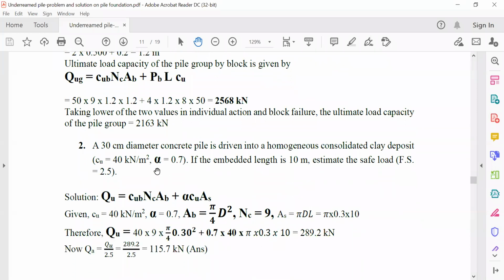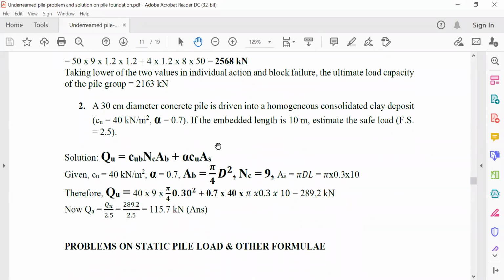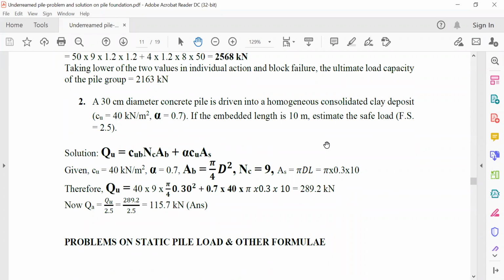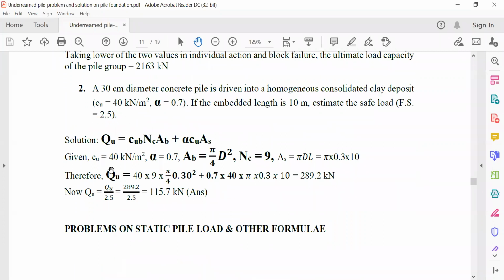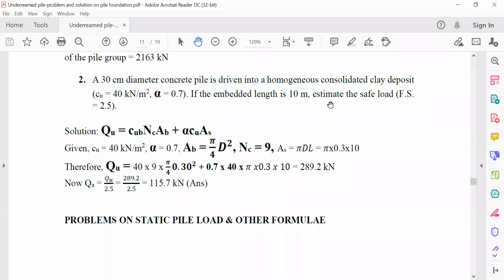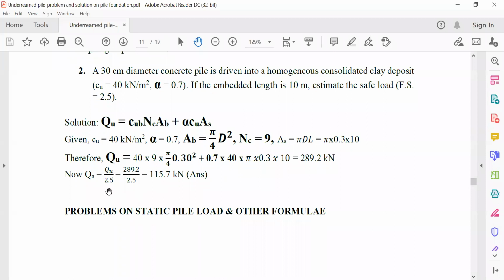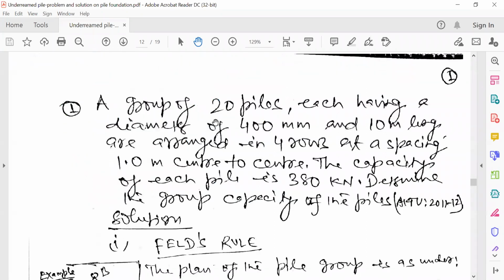सो द कम की वैल्यू हम लोग यहाँ लेते हैं आंसर के रूप में। सिमिलरली यू कैन सी द नेक्स्ट न्यूमेरिकल, दिस इज फॉर द सिंगल पाइल्स एंड हियर क्ले डिपॉजिट इज देयर। क्ले है, किस तरह का सवाल है इस पर भी हम लोग को ध्यान देना है न्यूमेरिकल के समय। अल्फा की वैल्यू दी हुई है, सी की वैल्यू दी है, तो डायरेक्टली हम लोग फॉर्मूला से निकालेंगे। व्हाट विल बी द सेफ लोड? सेफ लोड इज नथिंग बट इज द अलाउबल लोड। सो the ultimate load divided by factor of safety is the allowable load or safe load. तो यहाँ हमने निकाल लिया इसको और डिवाइड बाई 2.5 फैक्टर ऑफ सेफ्टी से डिवाइड कर दिया।